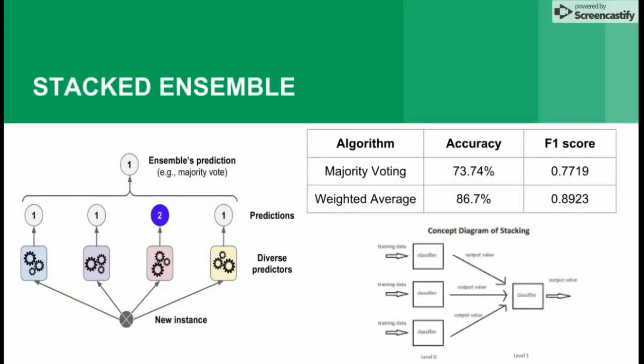We use a two-layer stacked ensemble to enhance prediction values. A two-layer stacked ensemble has base learners and a final classifier. Our base learners are the clustering models and the various supervised learning models we have described. We have two classifiers, majority voting and weighted average. In majority voting, simply the majority is considered as the better predictor. In weighted average, the models are given weights according to the accuracies. Weighted average has a significant increase in accuracy and F score.